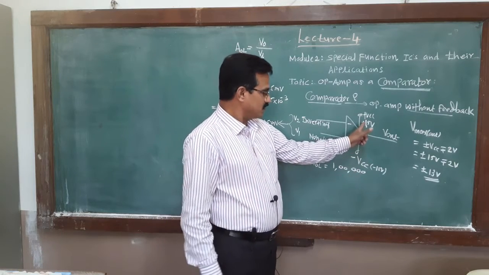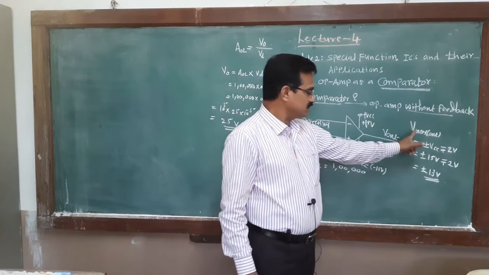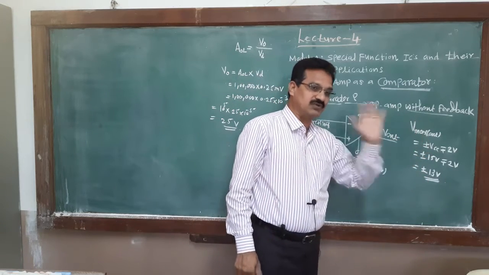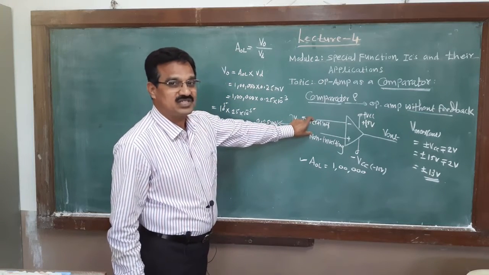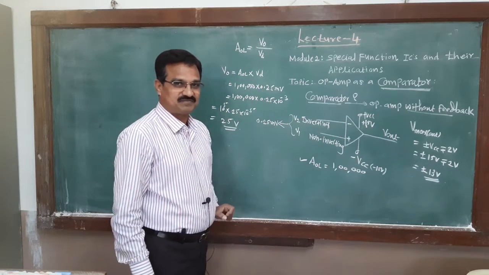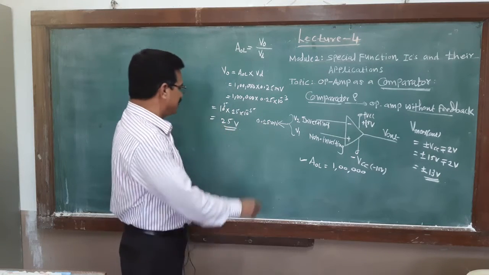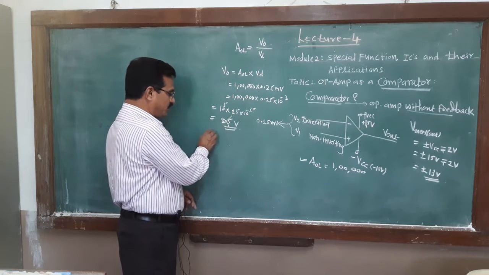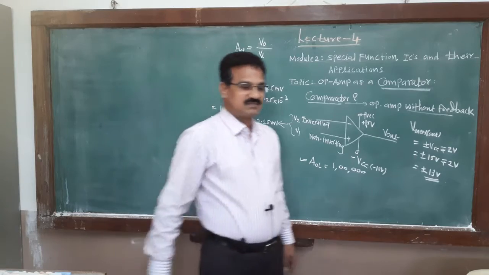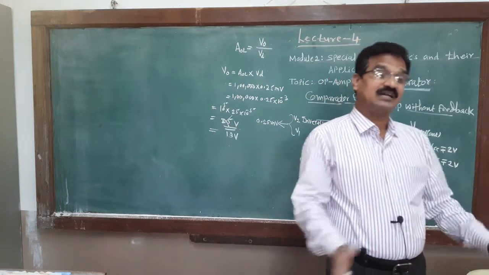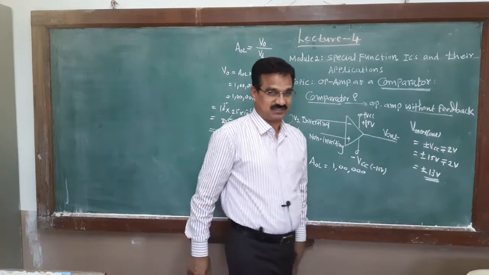If the power supply used is plus minus 12 volt, at that time the maximum output voltage is plus minus 10 volt. Means for a small difference of the input voltages, there should be an output of 25 volt, but instead we get the output plus 13 volt. Means we get the saturation output, either positive saturation or negative saturation.